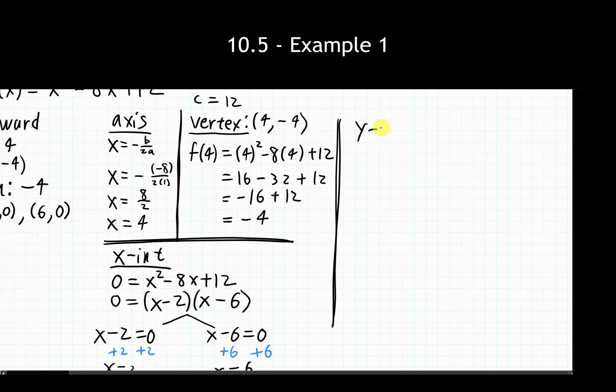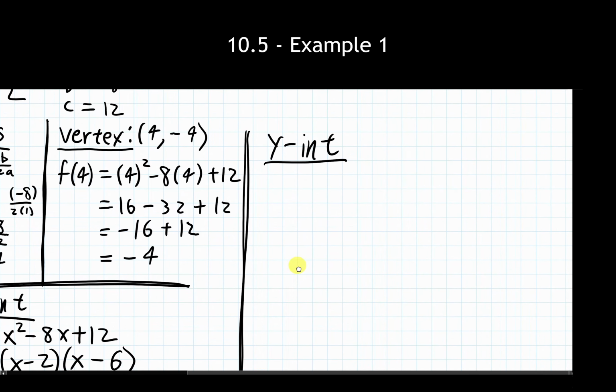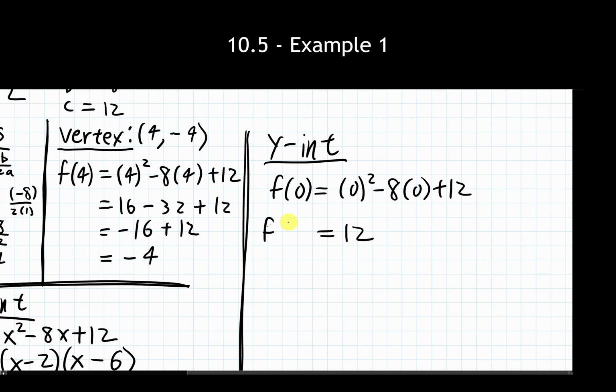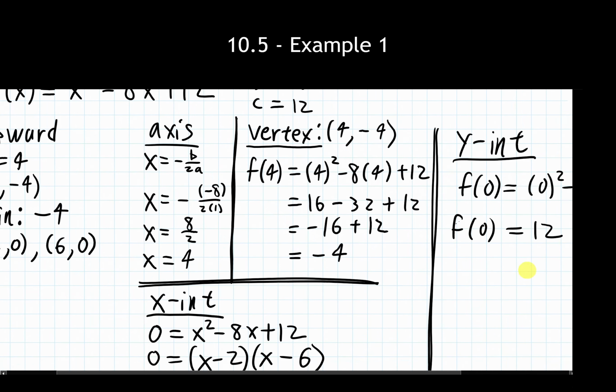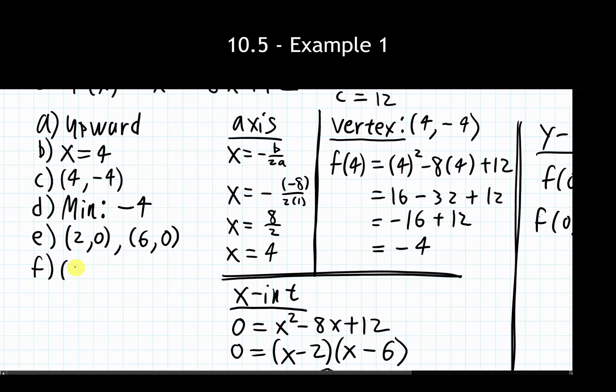So for the y-intercept, remember the y-intercept is where our x value is 0. So I'm plugging in 0 for x. So I have 0 squared minus 8 times 0 plus 12. And this is a really nice one to calculate because, hey, this becomes 0, that becomes 0, these are gone. And what am I left with? 12. So what is my y-intercept, or I guess f of x intercept? Coming back over here, I'm writing this in as 0, 6, or sorry, 12.